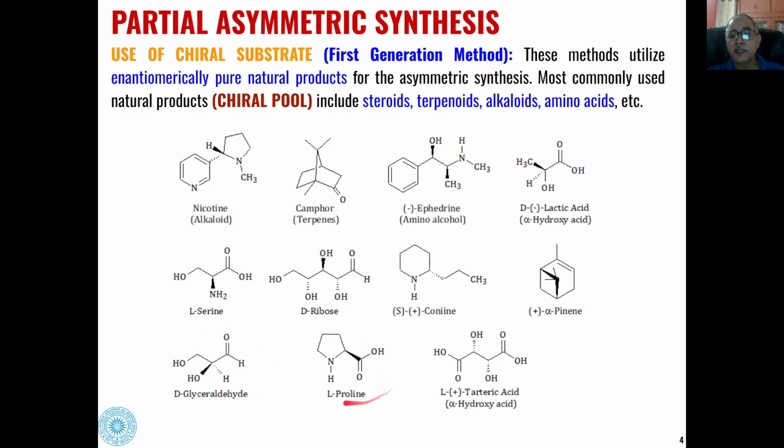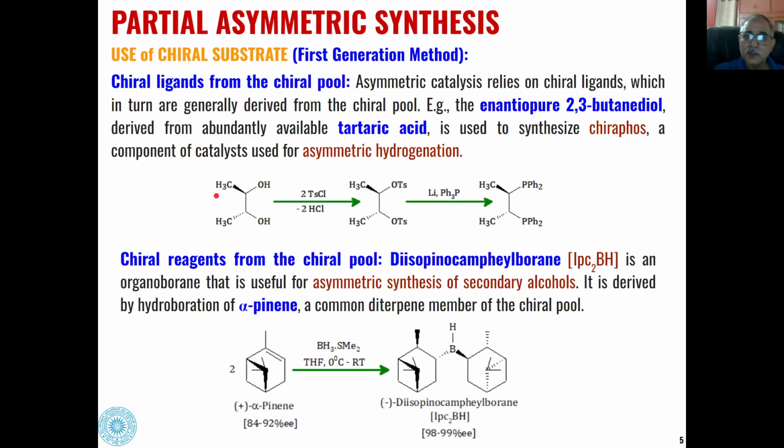Diglyceraldehyde, L-proline, tartaric acid, all these are natural products which we can say are part of the chiral pool, which can be used as chiral substrates for synthesis of asymmetric organic compounds, and this comes under first generation. So there are a few examples which we will discuss about these chiral substrates being used for the synthesis of asymmetric